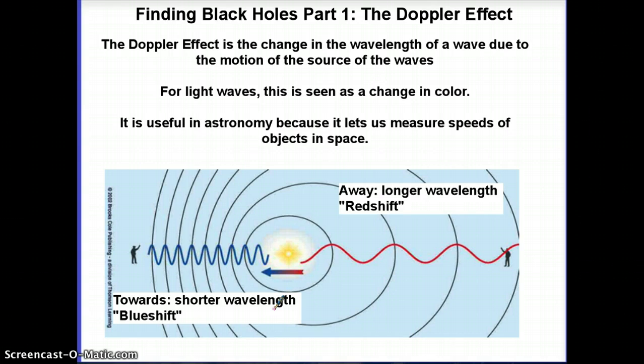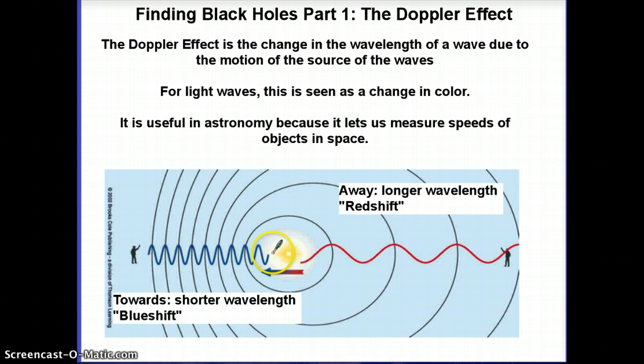So something we are going to need if we want to figure out speeds of things in space is the Doppler effect. Now, you've learned about the Doppler effect in physics class. This should basically just be a little review lecture for the most part. The Doppler effect, as you should remember from physics, is the change in wavelength if the source is moving towards or away from the observer. And this picture should kind of remind you of what happens.